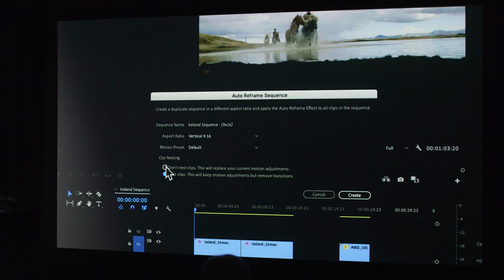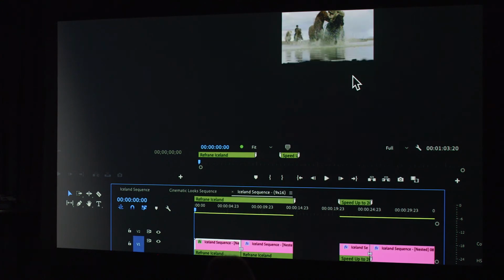I also like that by nesting the clips, they instantly turn into the color of a nest. So I'm really conscious of the fact that this has been reframed. That doesn't mean that's the option for you. You need to play with these and see how it functions before you make that decision based on the project you're working on. So I'll press create, and this says analyzing, and this is fast because I have 2 small